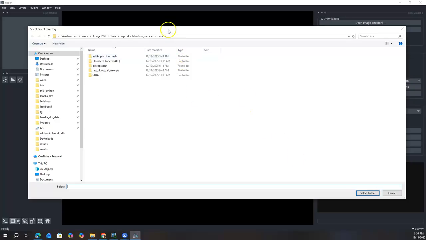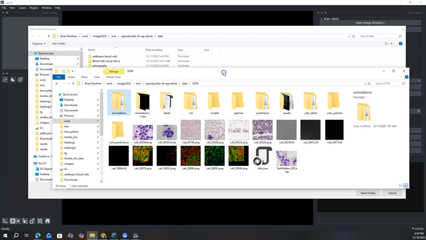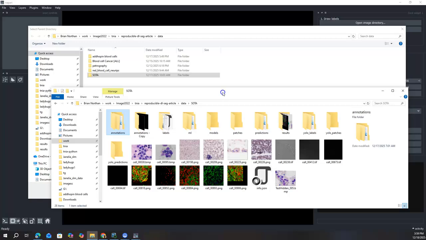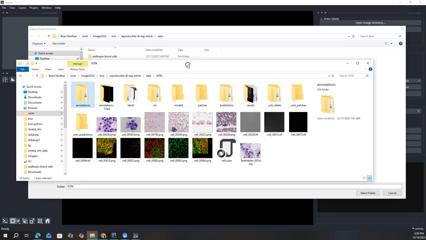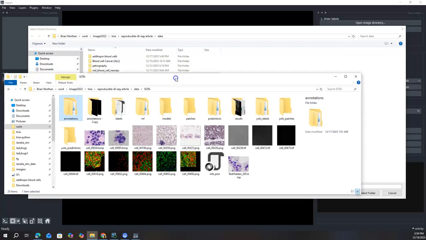I've got this little script that is going to ask me, first thing, the parent directory: what images do you want to work with? So I'm going to point to this folder called SOTO. That stands for state of the art. It just has some images that have been used to train these state-of-the-art segmentation models. These things are trained on thousands of images, and this is just a small subset of some of them that Cellpose-SAM and MicroSAM have been trained on.